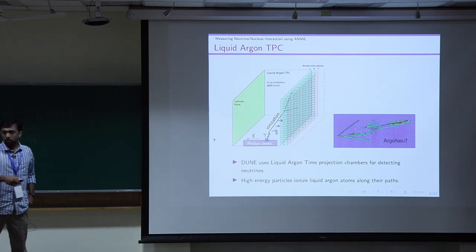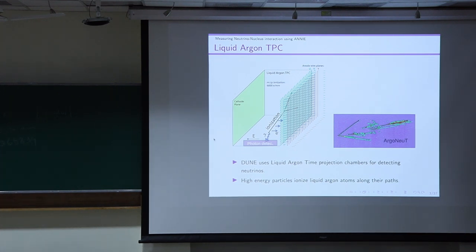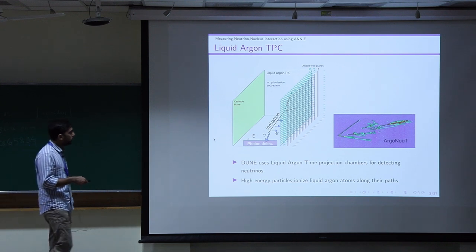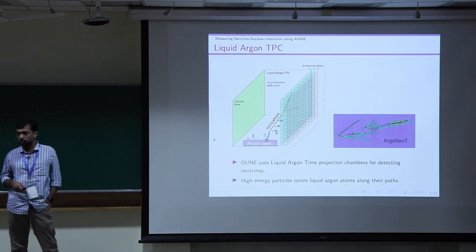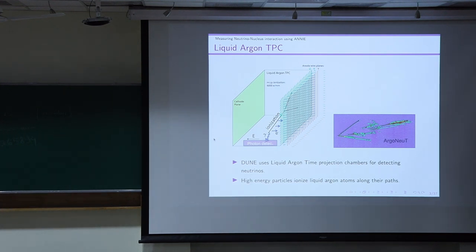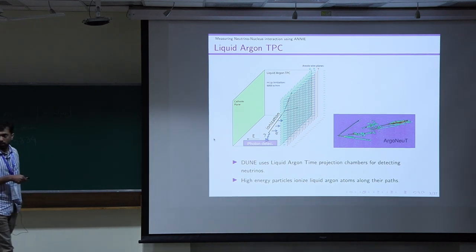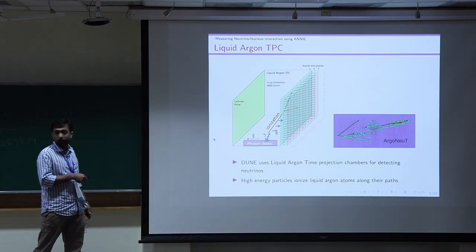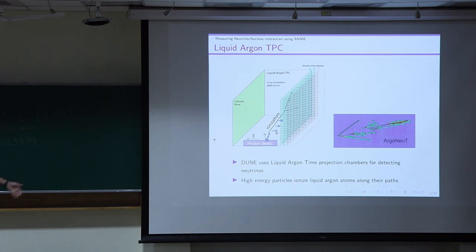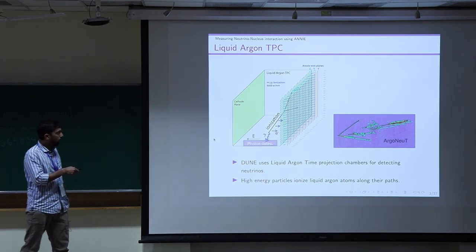I would also like to discuss one slide on the detector technology that DUNE is using, and this is state-of-the-art liquid argon detectors. The way the liquid argon detector works is that the entire detector volume is filled with liquid argon, and the detector volume is under a potential. Whenever the neutrino comes in and interacts with the argon, it ionizes the argon and produces electrons. These electrons will drift under this electric field, and then on the wires we will